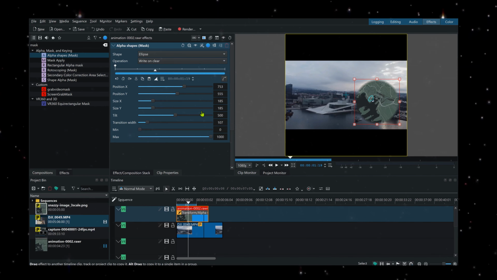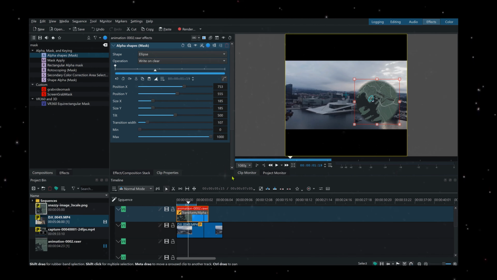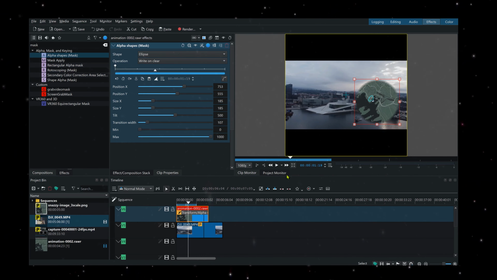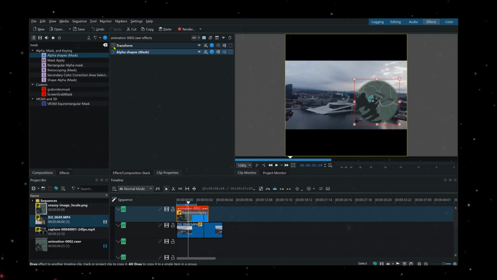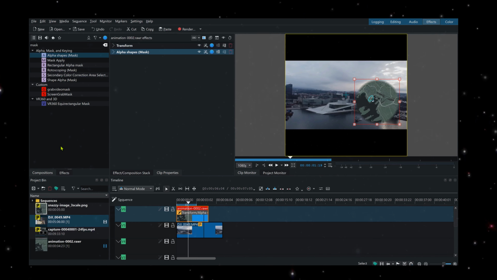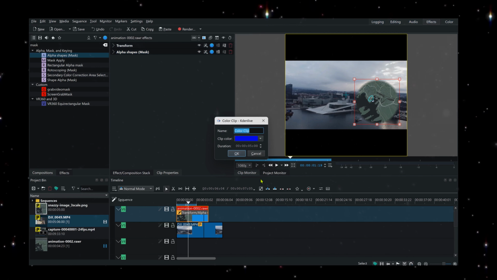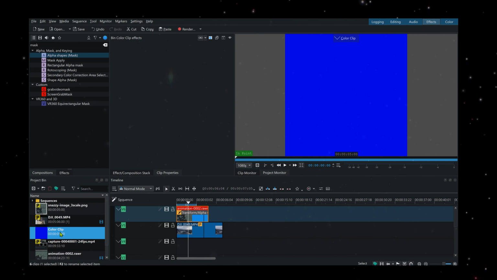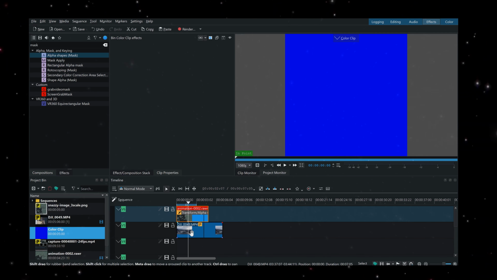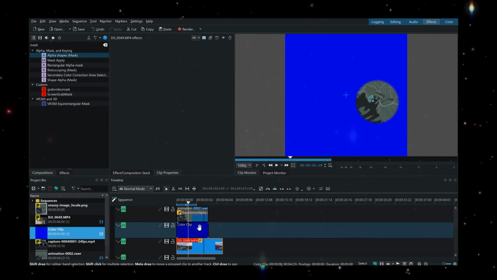Okay, and then one more thing that I think can make this look a lot better is to, instead of just having it floating over the video, I like to make it look a little more professional with a color background. So one way to make a color background is in the project bin, we just go to add a color clip, and actually that blue is fine, so let's just add that. And we're going to want to add it over the video, and